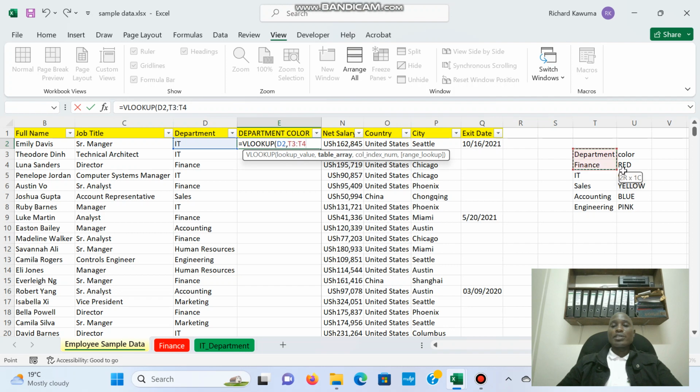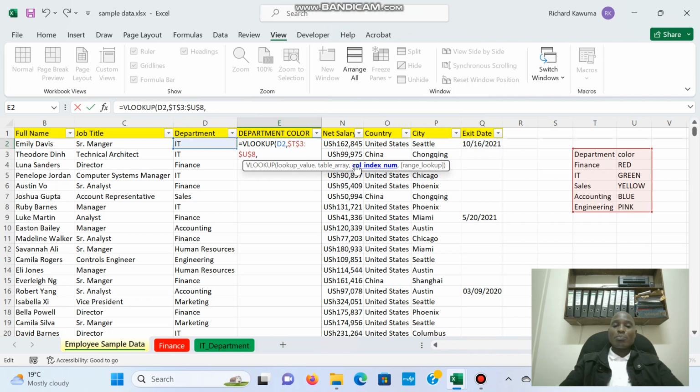So the table array to look it up is that. But we want this table to be fixed. So we are going to create an absolute reference to fix it. So I'm going to use F4. So after fixing the table, then I will put a comma,